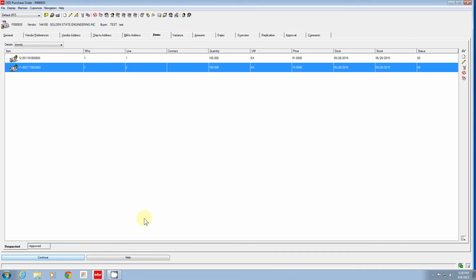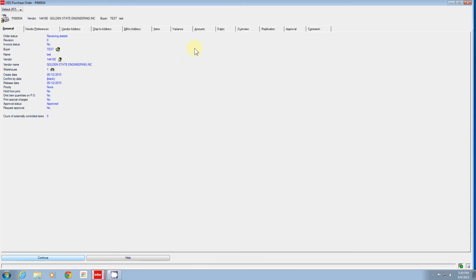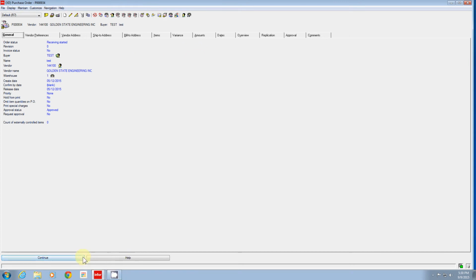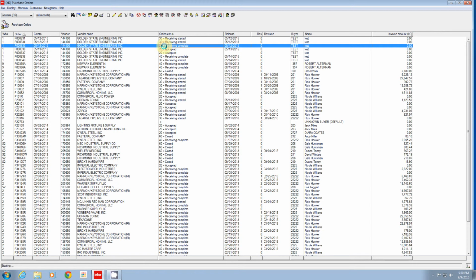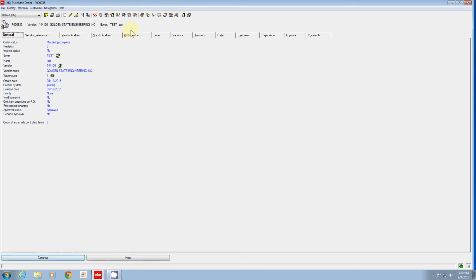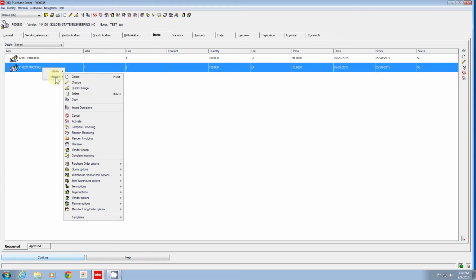To solve this problem, we click on the details. Let's say continue. Click on the proper purchase order. Go to items. Highlight the item, do a right mouse click and go to maintain, and we can reopen for receiving. Now notice at the end over here the status of 50. If we do a reopen right here, a reopen for receiving,